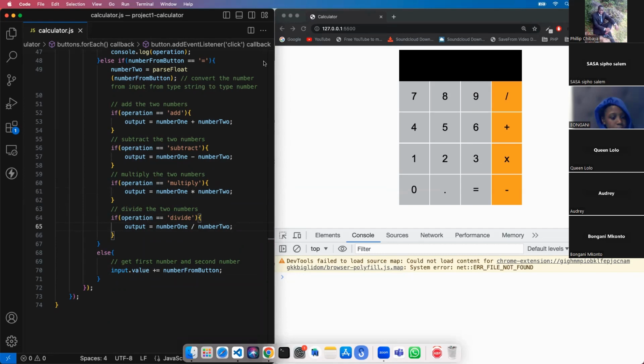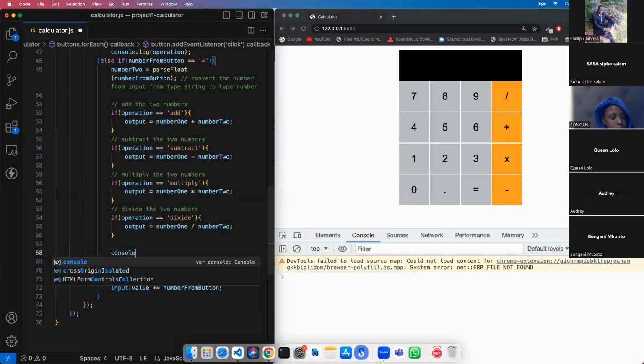Yeah, this is the fun part, Salim. Trust me, we've literally finished building a calculator now. This is the fun part. Okay. So let's test that, shall we? So let's go console.log